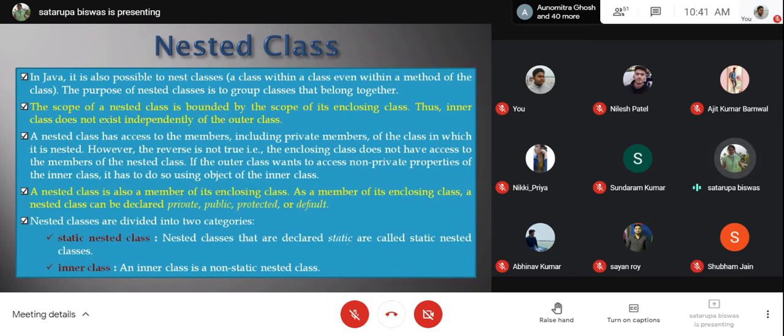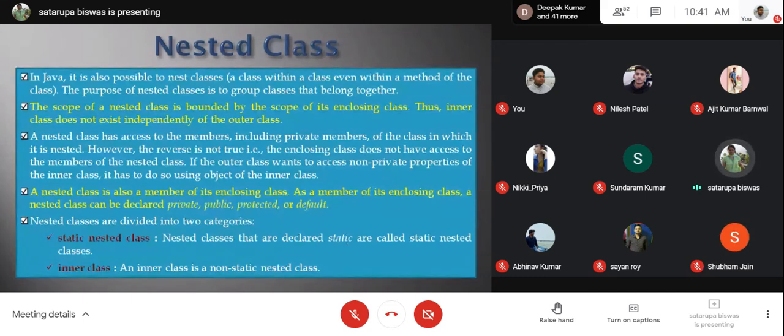Now the next concept will be the nested class. In C, you have already heard about concepts like nested if or nested loops. So here we have the nested class. Nested class means one class declared inside another class. That class can be directly declared inside another class like a method, or it can be part of a method present inside another class, or part of any block present inside a method inside another class.